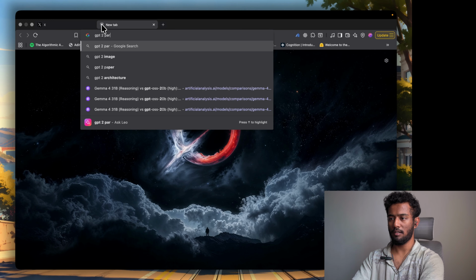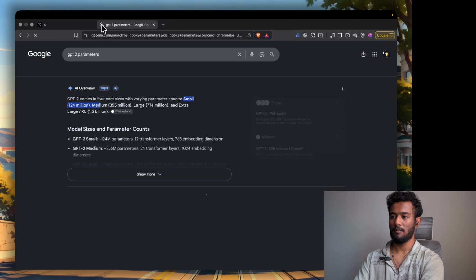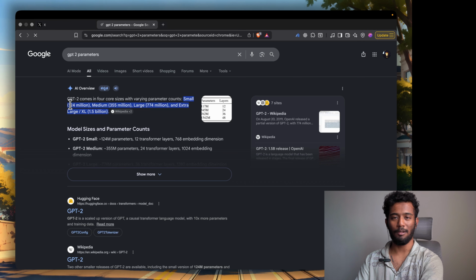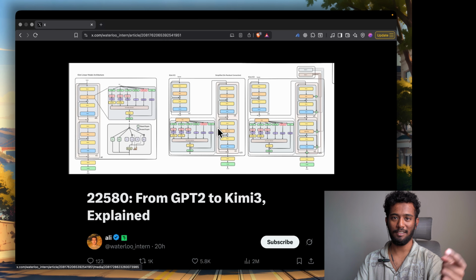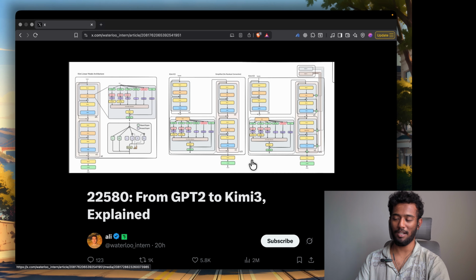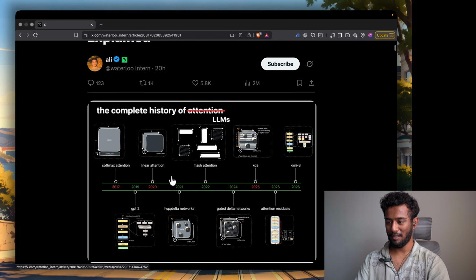GPT-2 parameters. Oh wow, it's just 124 million. In fact, I had recreated this model in MLX and trained it in a couple of hours on my laptop. So in 2019, this model came out, then linear attention,